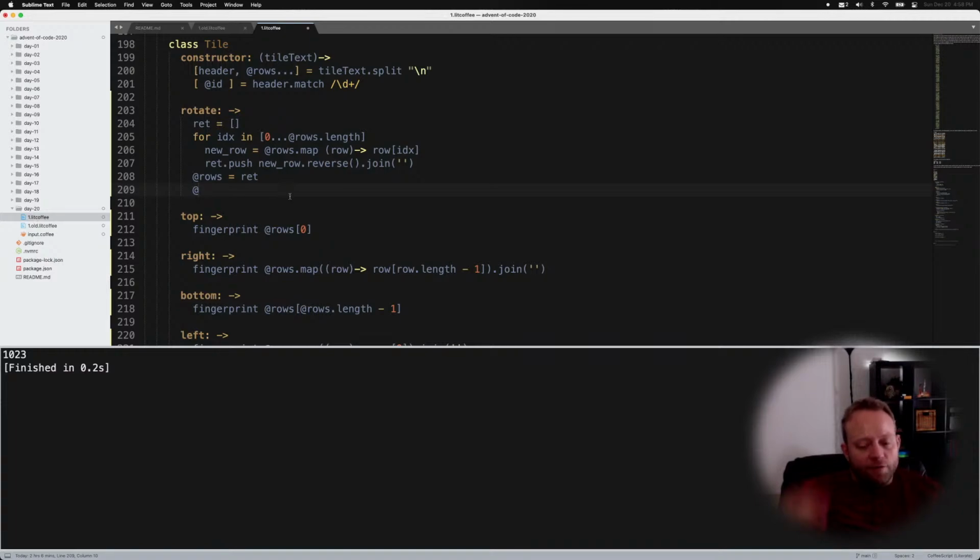And so we can have 4 rotation values, and then that way when we say this tile joins to the next tile to the right, we will want to say that it joins to the next tile to the right. So tile 1 rotation 0 joins to the next tile on the right is tile 2 rotation 0, or tile 2 rotation 2, or something like that. So then that way we can